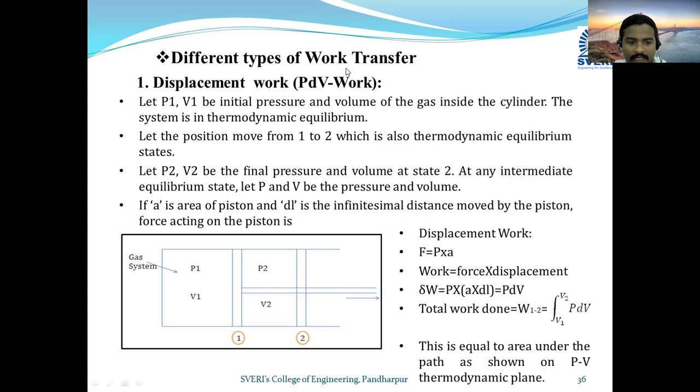Next line. If small a is the area of the piston, and small dl is the infinitesimal distance moved by the piston,